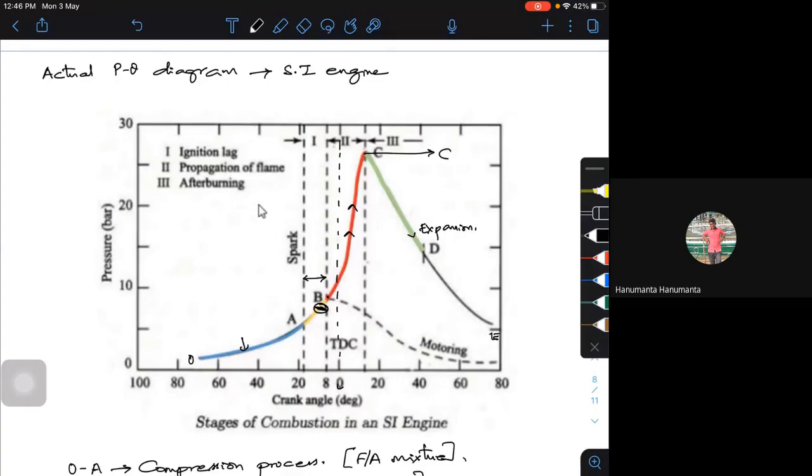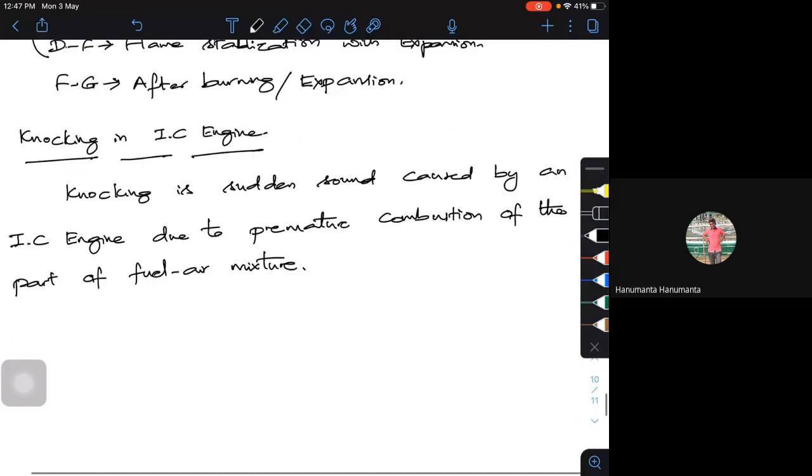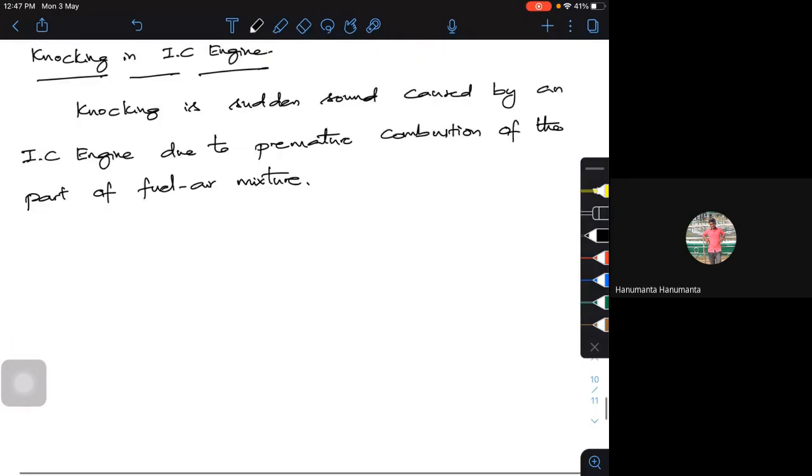So there is a little bit of irregular combustion. The flame which was supposed to go in this direction will start going like this, and your ignition will start once again like this. So there will be a front movement and a back movement of your combustion products. It's nothing but an intense, high frequency, uncontrolled combustion. Because of that, there is an auto ignition.